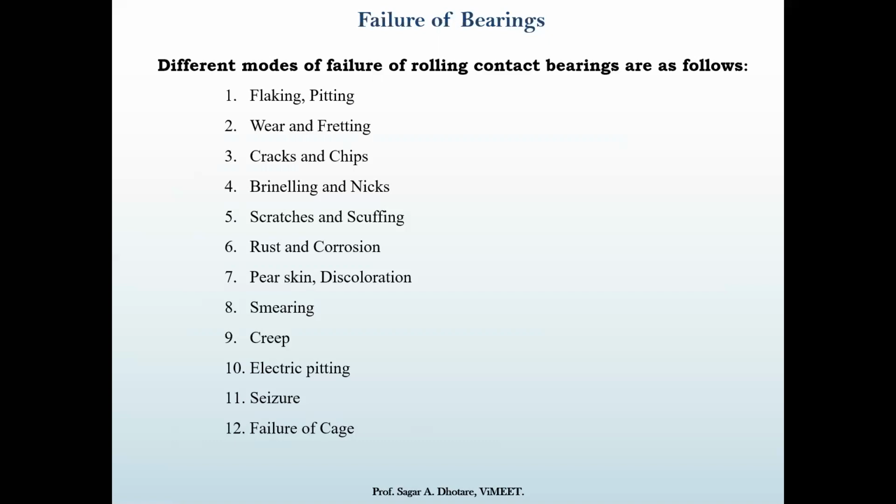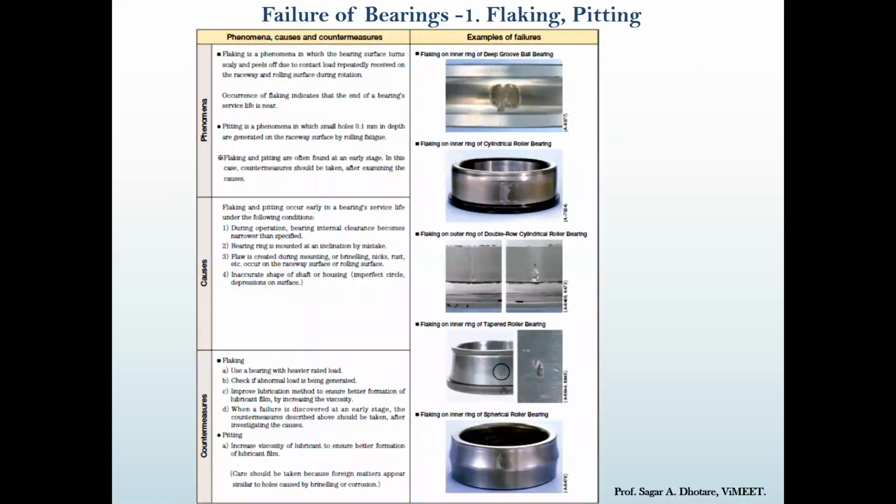But by using some research papers, I found that the modes of failure are more, and I have characterized them and set the priority based on severity. So we have listed 12 different types of modes of failure. We will discuss them one by one. First one is flaking or pitting. In the first diagram you can see the flaking of the inner ring of the